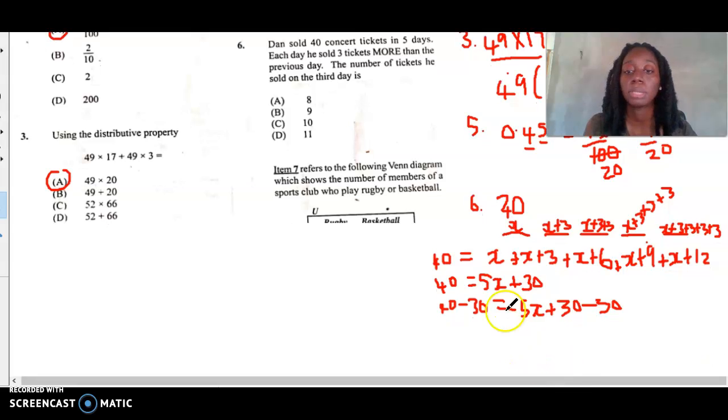Let me give myself some more space. So 40 minus 30 is 10, and that is equal to 5x. 30 minus 30 is 0. Alright, so I need to solve for x, so I can divide both